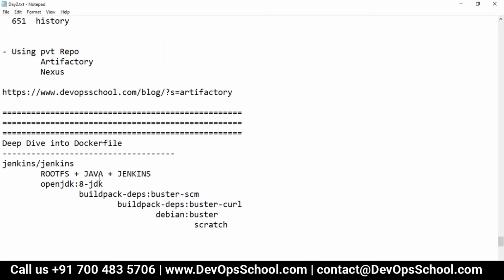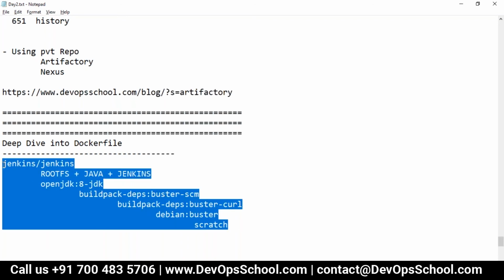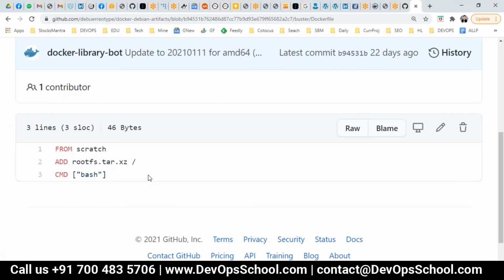See, think in this perspective. The Jenkins guys wanted to have Debian plus JDK, so they use this image. Now this other guy wanted to have this image, so it depends upon the requirements. Up to you. By the way, let me tell you, all these are official images, and you can trust these images. It's not community images. Make sense? Got it. Okay. So now you can decide how you want to develop your images, and image development is the most important part of the Docker ecosystem.